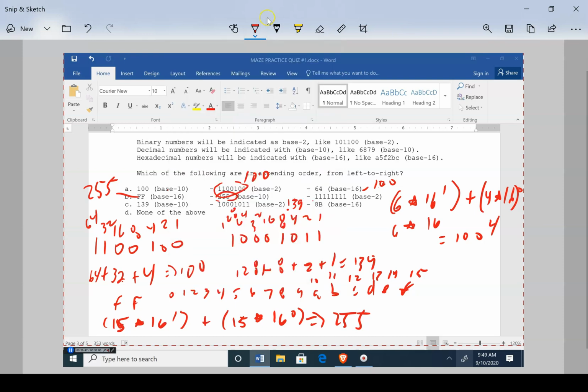Last one we can convert real quick. 8B, that would be what? So this one's right here. 8B is 8 times